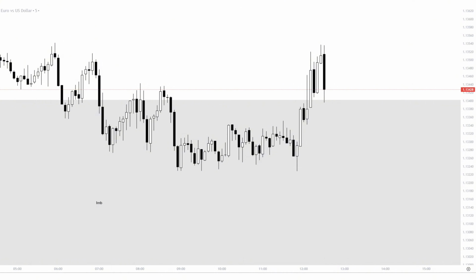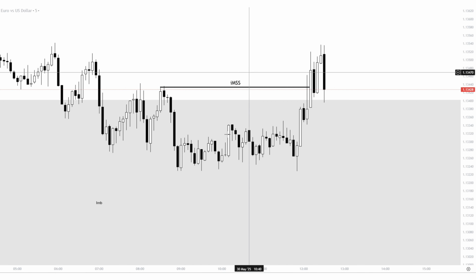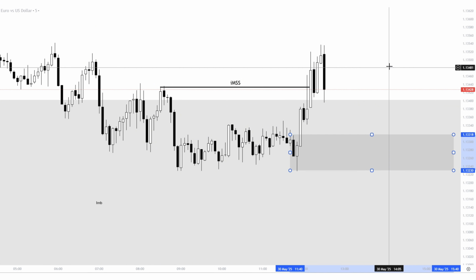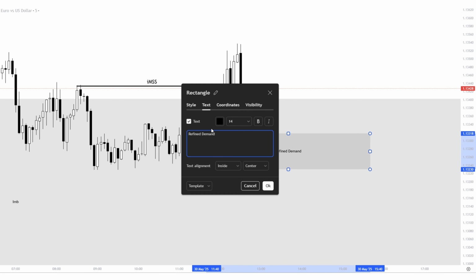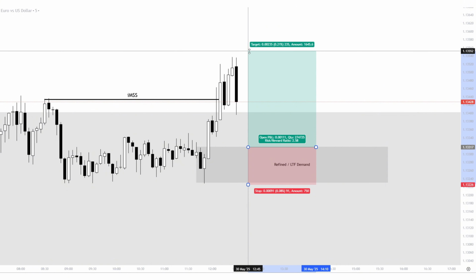Now this recent upside move breaks above the past high. So we have formed the internal market structure shift since the break has happened in the lower time frame. So now, similar to what we've met before, identifying a demand zone near the swing lows, this being the low time frame refined demand. So planning the setup now, stop loss below the lows, take profit above the recent swing